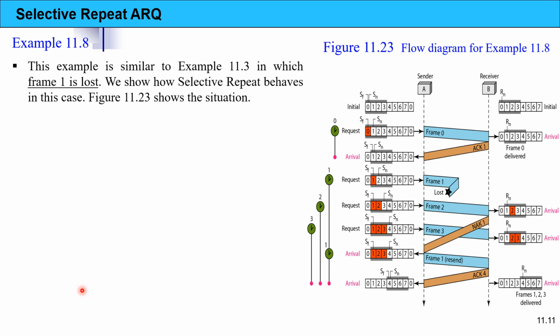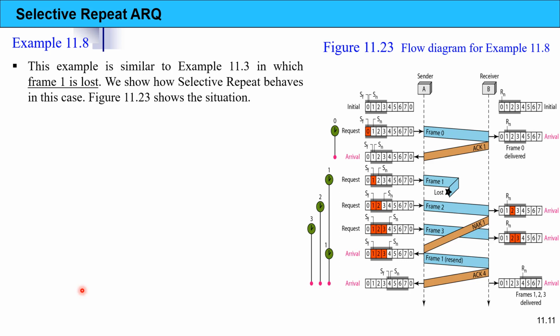So when I received 0 correctly in order, I sent an acknowledgement. But when I received 2, not 1, I sent a not acknowledgement. Once the sender receives the not acknowledgement, it retransmits this frame directly. Okay? And once I received 1, now I have 1, 2, 3. I will shift to 4 and I will send acknowledgement